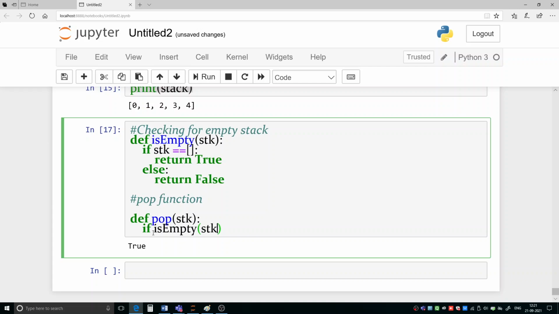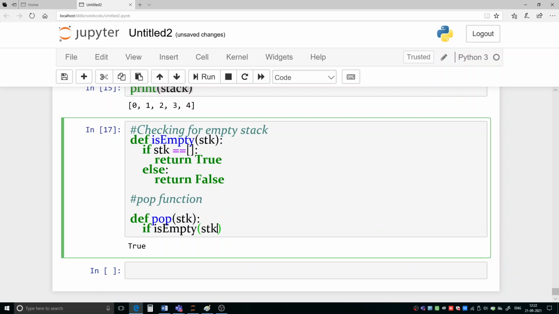So here we are calling this function. In the pop function, we are calling our other function, that is the is empty function. This isEmpty function will be returning either true or false depending upon the stack we are passing to it.